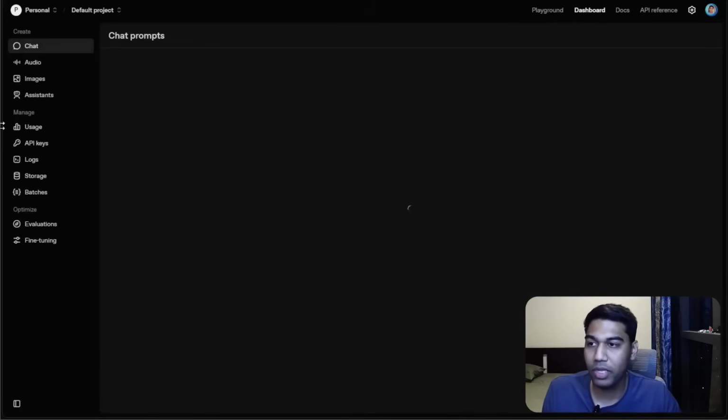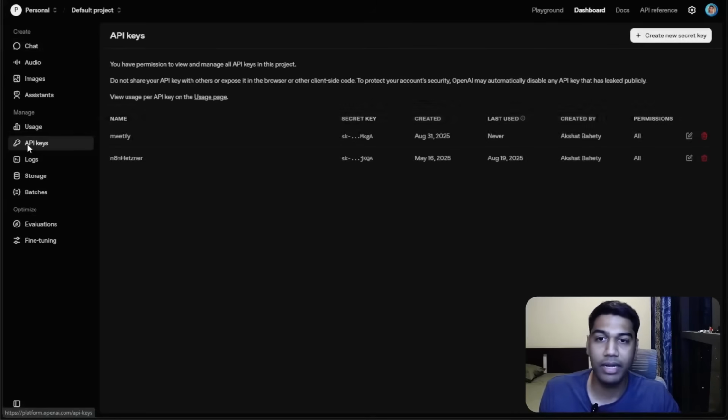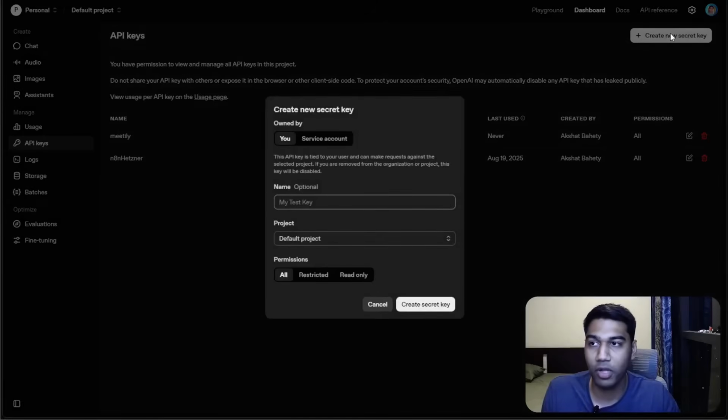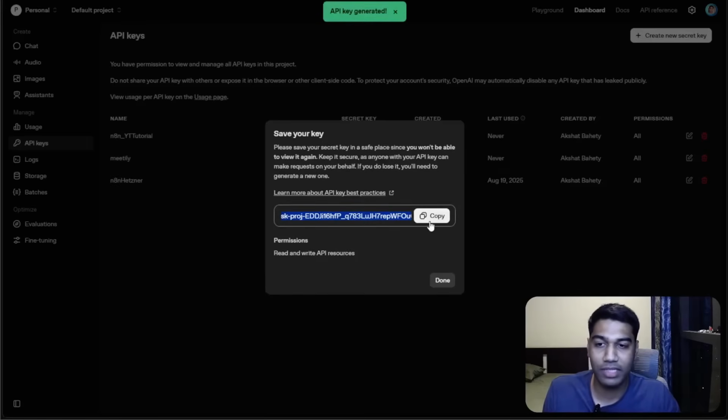Once you come to dashboard, you technically want to come to API keys, right? And here we technically want to create a new API key for our project. So I'm just going to write this n8n YT tutorial, and I can select a project or something like that, but I'm just going to click on create a secret key. And now once I have a secret key, I'm going to click on copy and come back to my n8n